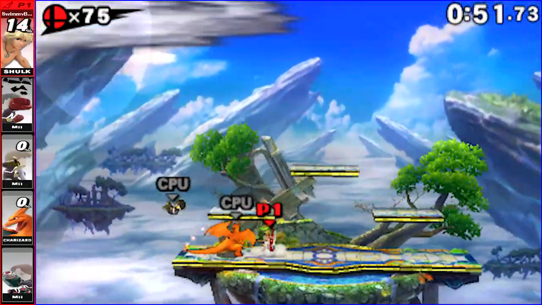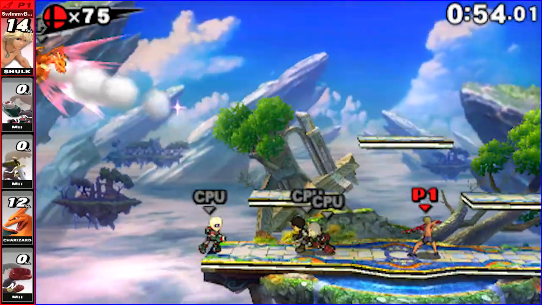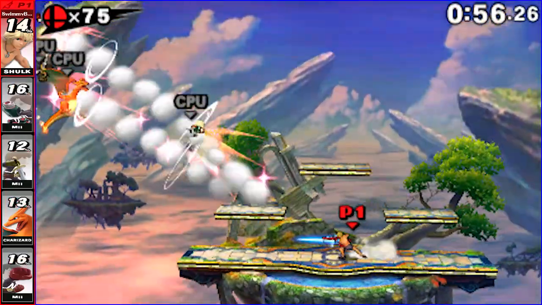We gotta deal with Charizard. Uh-oh. Jeez. Get out of here, Charizard. I just knocked him away already. So yeah, Shulk is very strong,